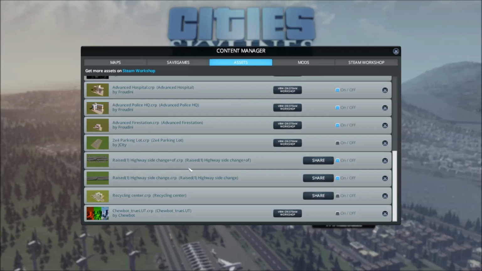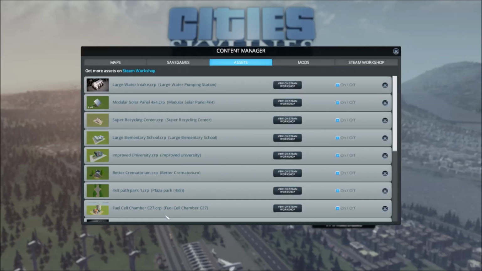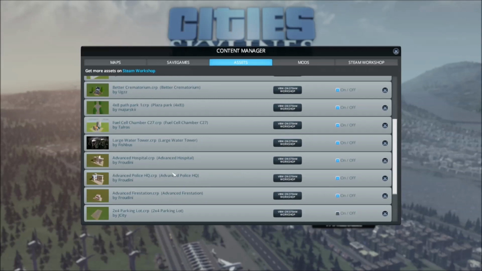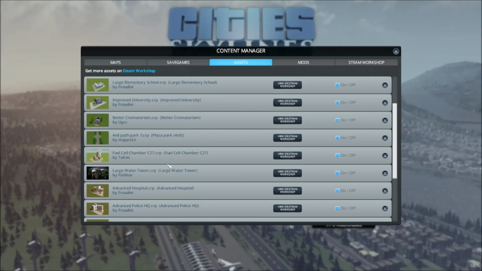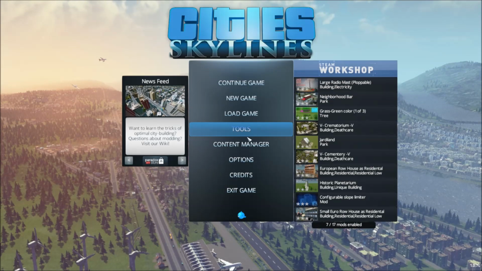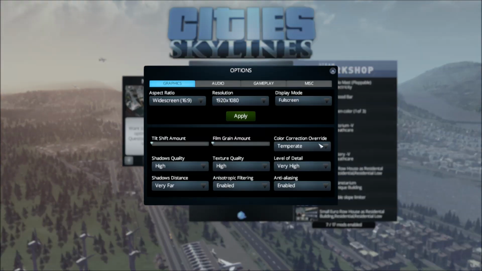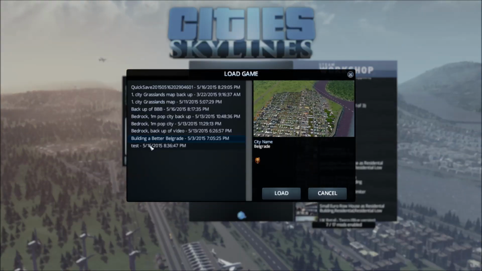These roads here, if you are interested, I can share them on the workshop. For now, I'll leave them unshared. And also the recycling center was from the subscriber city overview. I don't really use that one. I use the advanced, how was it called? The super recycling center? Yeah, the super recycling center. And there is of course this mod that changes the palette of colors, but I haven't been using that one. I'm using the default tempered color correction for my city of Belgrade. So let's get back to...